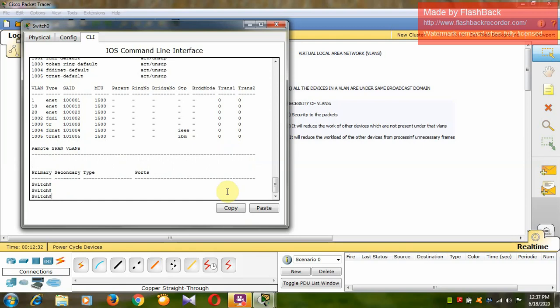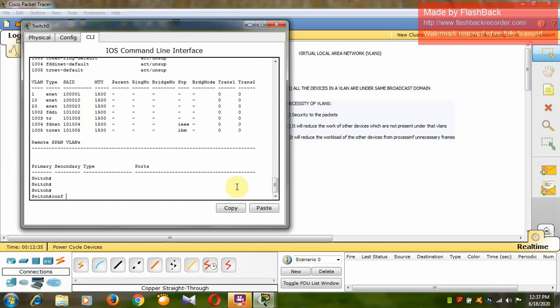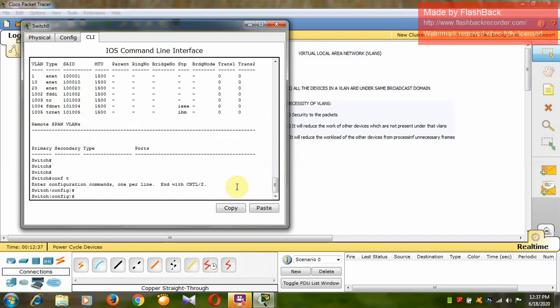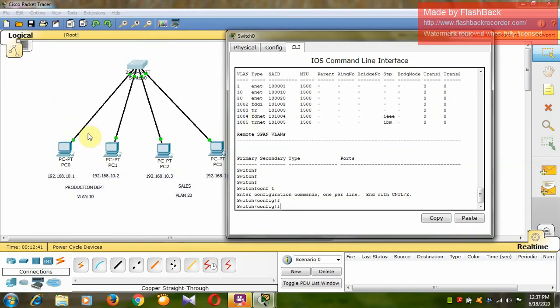So for this, I am going to put this port F0/1 and F0/2 under VLAN 10, and F0/3 and F0/4 under VLAN 20. For that you have to write interface range fastethernet 0/1 to 2.